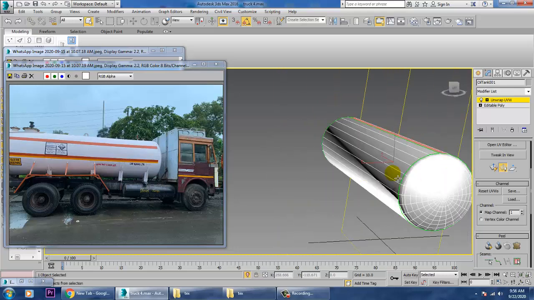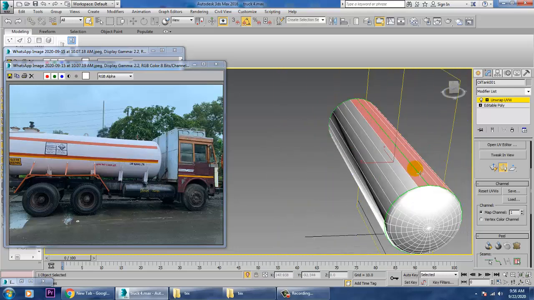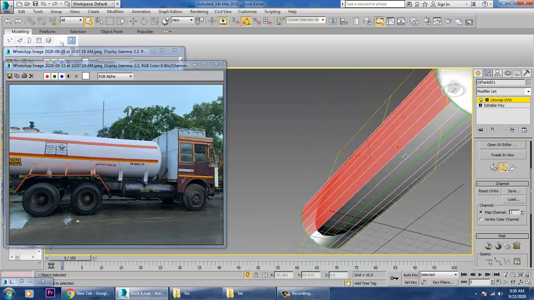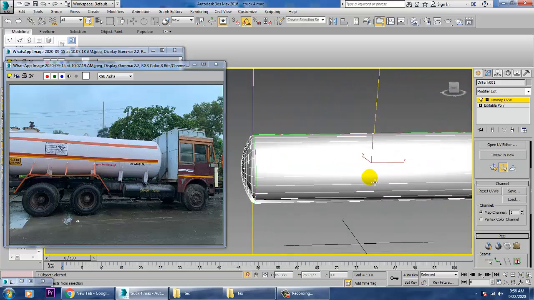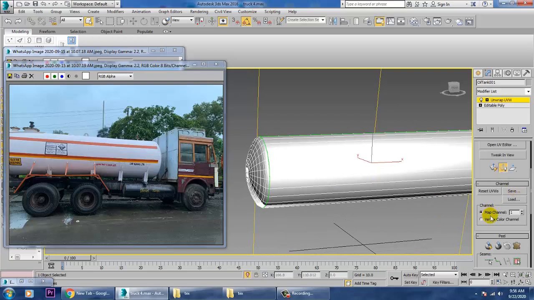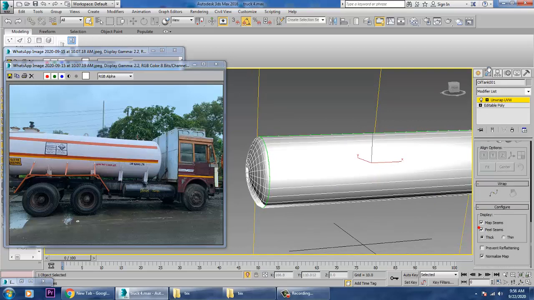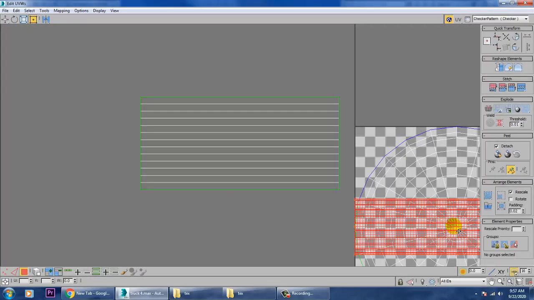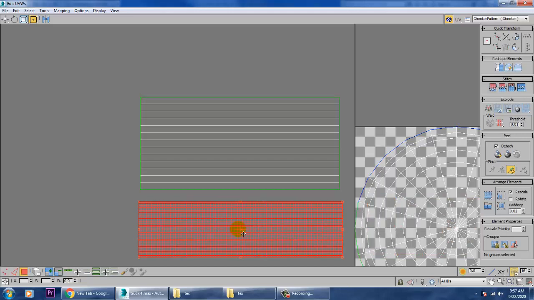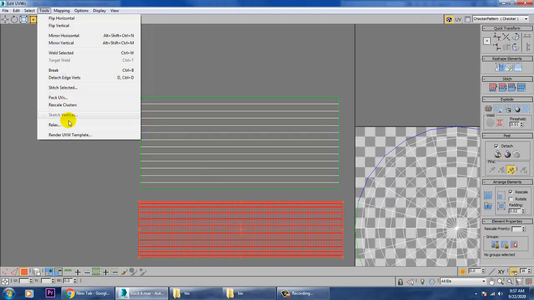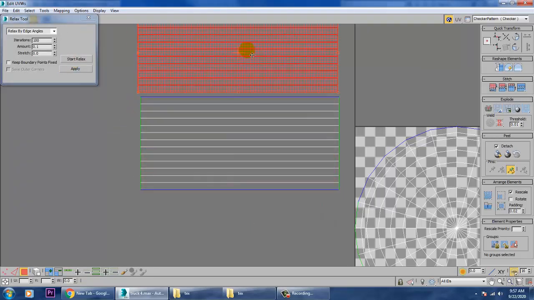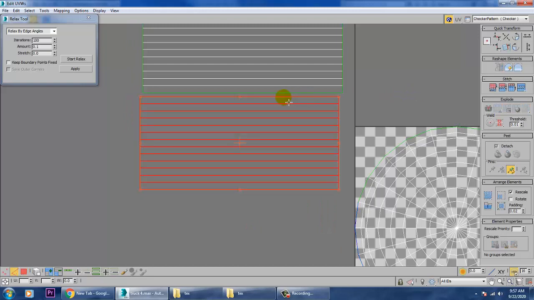After doing that, over here we'll be just selecting this part now. So whatever was selected, now we'll be selecting this part. That's it. After selecting this part, let's again go into this plane, quick planar map, open UV editor, and let's just push this over here, tools, and just give relax over here, and just push this up, press 2 over